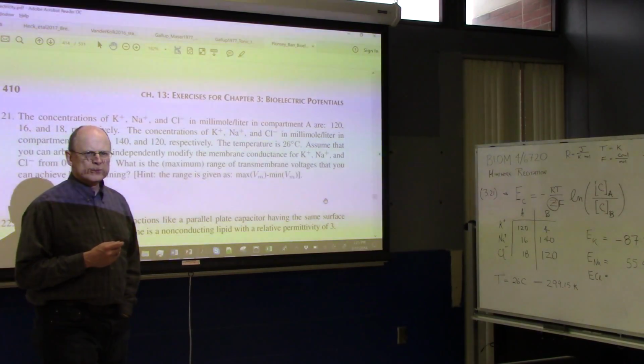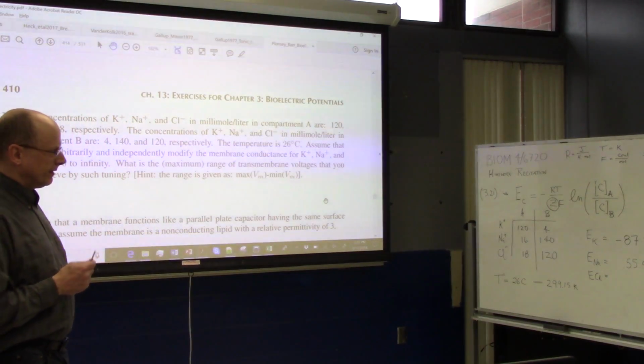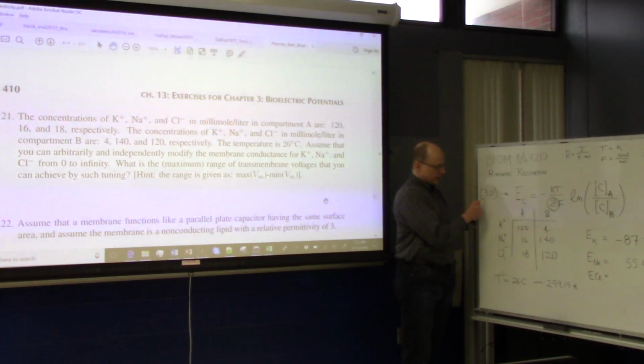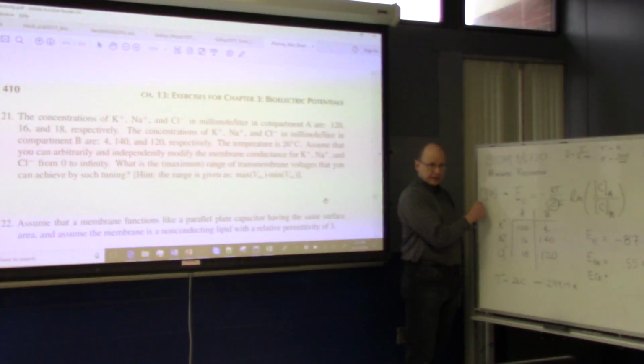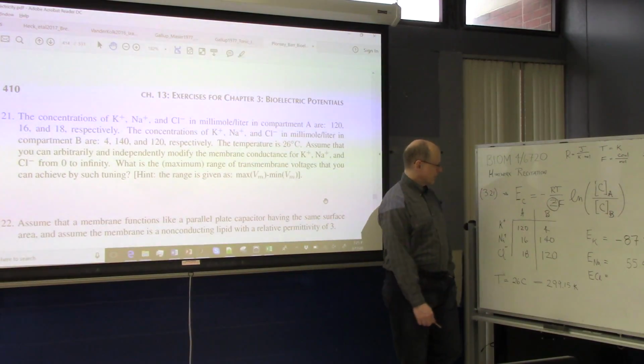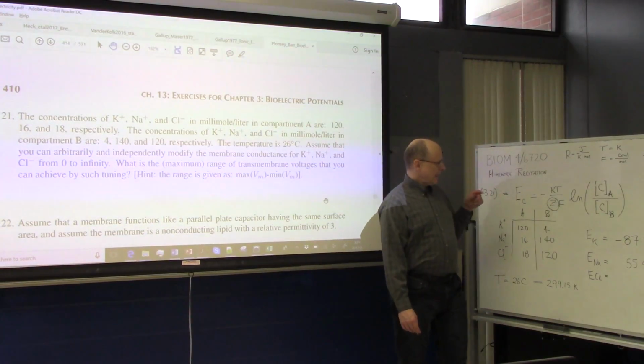What is Z again? The valence of the ion. Whatever C is, C is an ion. We calculate, and this is equation 3.21 in the text. It's in chapter 3, on page 59. And so,